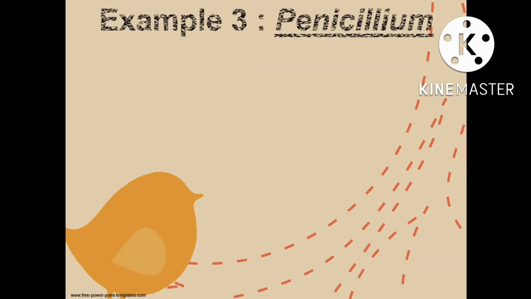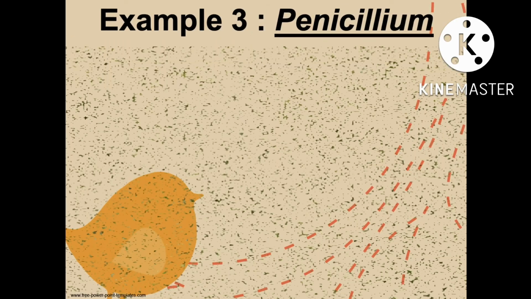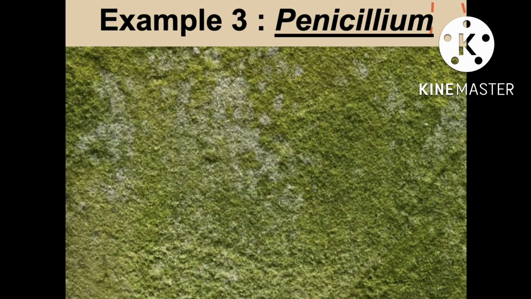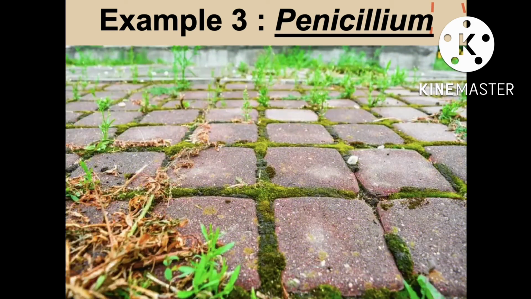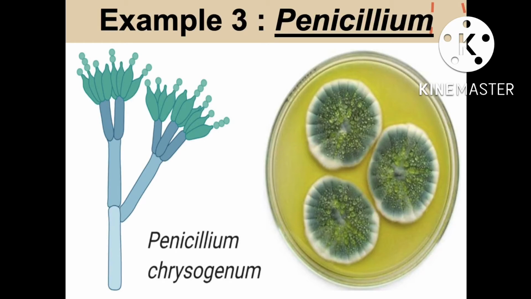Now the next example is Penicillium. The genus is commonly called green mold. Most of the species are saprotrophic and grow on decaying vegetables, fruits, meat, and a great variety of rotting plant and animal remains. A few species are parasitic and cause disease. Penicillium chrysogenum is used for the production of the antibiotic penicillin. Earlier, the drug was obtained from Penicillium notatum,